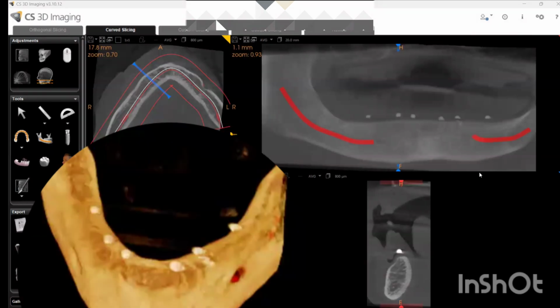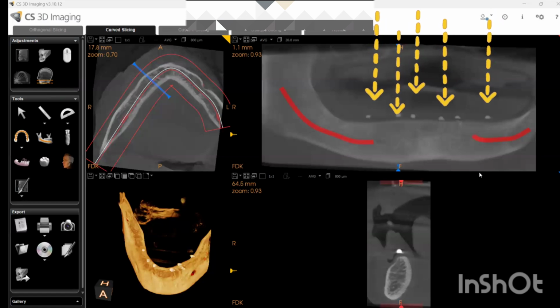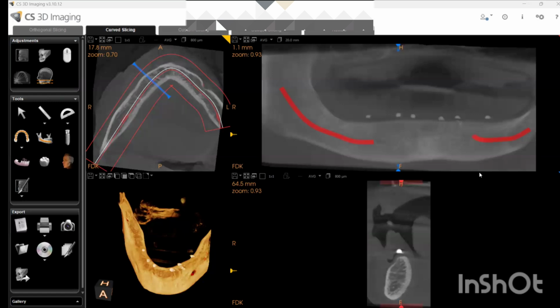Now, there are a few cases whereby we have to just decide the site according to the anatomical landmarks and then place the implant. In a few cases, the dentist sends the patient with a surgical guide. So the advantage in this case is that the dentist also has an idea where exactly the implant needs to be placed, and the radiologist also has an idea where exactly the implant simulation or the measurement is required.